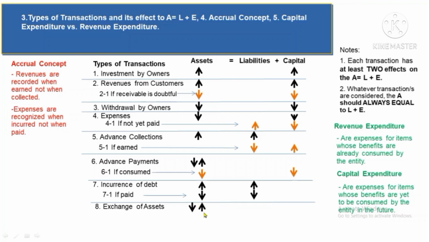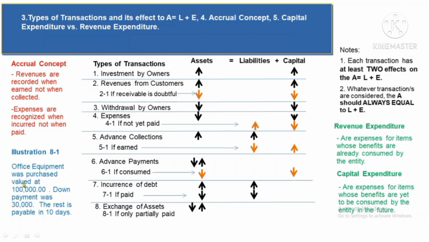The only twist here is when you pay partially. For example, in this illustration, office equipment was purchased at 100,000, however the down payment given is only 30,000. The rest is payable in 10 days. Of course, the assets will increase by 100,000 in the form of office equipment. However, the asset will also decrease because of the down payment of 30,000. So in effect, in summary, the assets increase by only 70,000 and the liabilities will increase by 70,000 because again, out of 100,000,